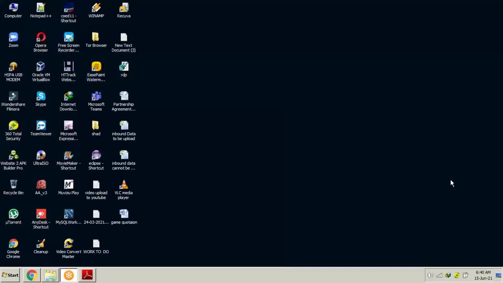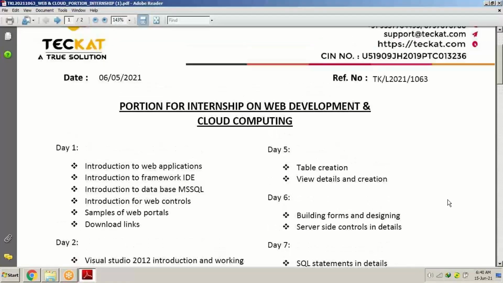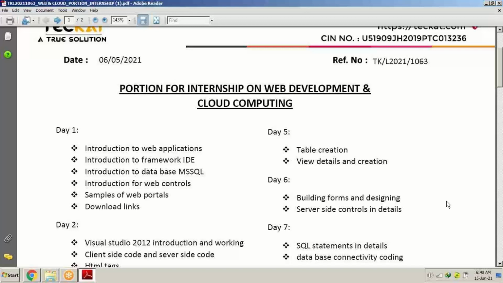Winamp is specifically made for listening to songs. I believe my voice is audible to you all, and you are getting what I'm trying to say. Anybody can just respond to me so that I can proceed further. The definitions of system software and application software which I am telling, everybody is listening to what I'm saying? Anybody can just respond, guys. Yes, sir, you are audible. Okay, so I will proceed.